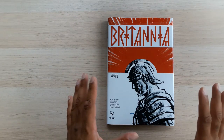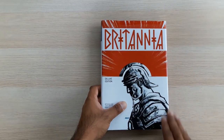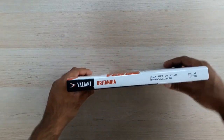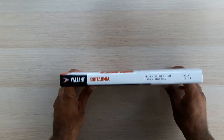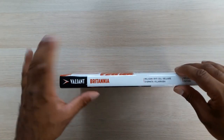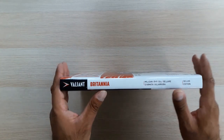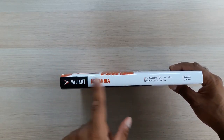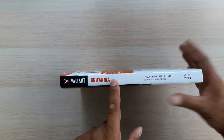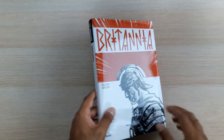This is a total standalone, self-contained hardcover. If you're buying the Valiant Deluxe Edition hardcovers, as far as I'm aware right now, you could get away with not owning this and you would not notice. You can get away with not reading this and you would not notice. Of course, I'm going to be reading more of my collection and the rest of the comics to go. I think I'm over halfway through now, and it might turn out that later on I do find out there is a connection. It feels odd that there isn't, given that in Eternal Warrior Manowar, Arik is a Visigoth,